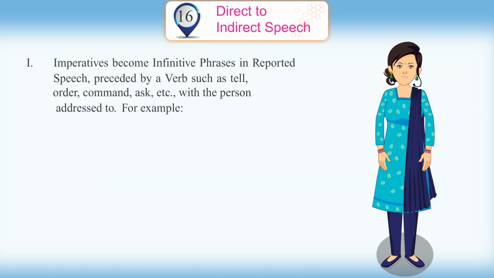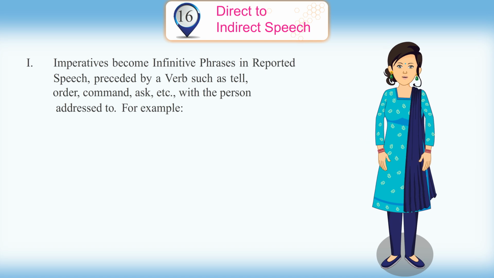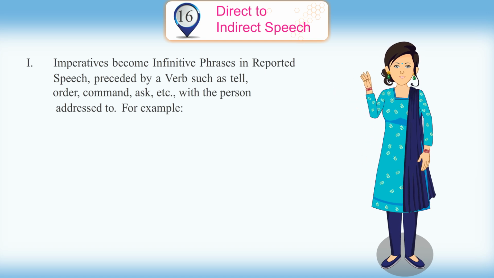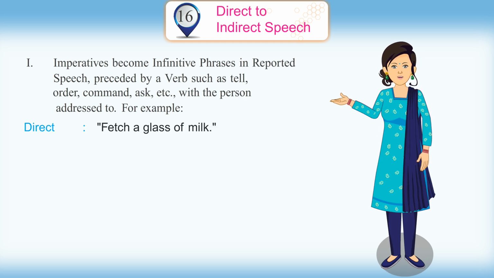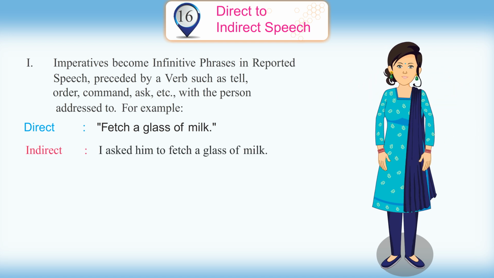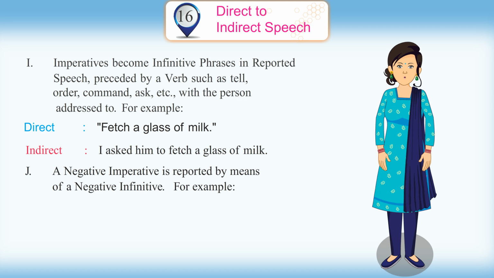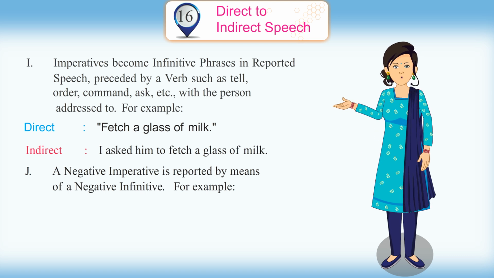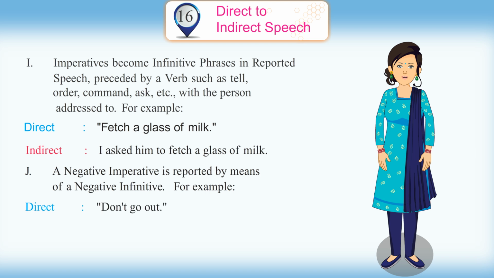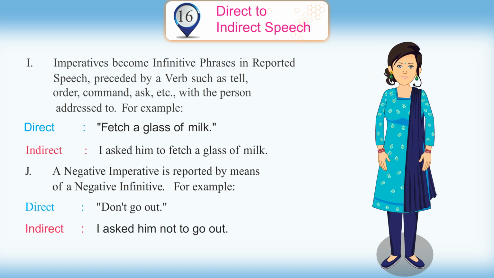Imperatives become infinitive phrases in reported speech, preceded by a verb such as tell, order, command, ask, etc., with a person addressed. For example, direct. Fetch a glass of milk. Indirect. I asked him to fetch a glass of milk. A negative imperative is reported by means of a negative infinitive. For example, direct. Don't go out. Indirect. I asked him not